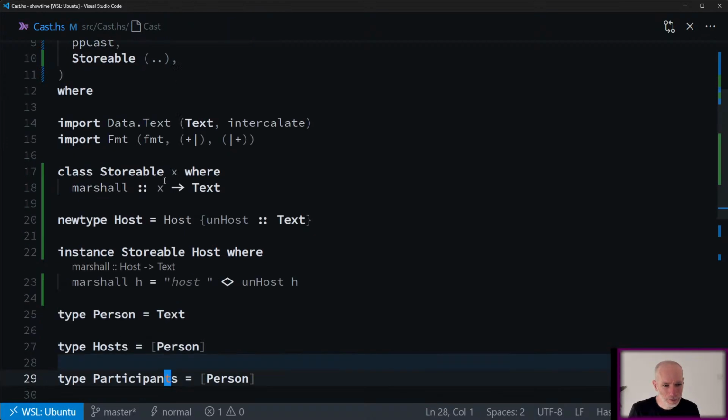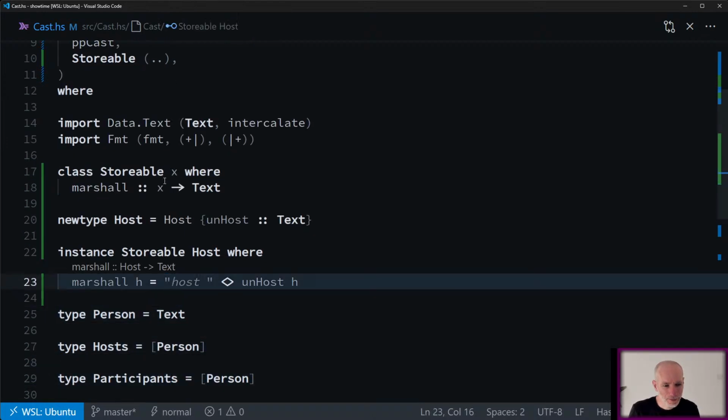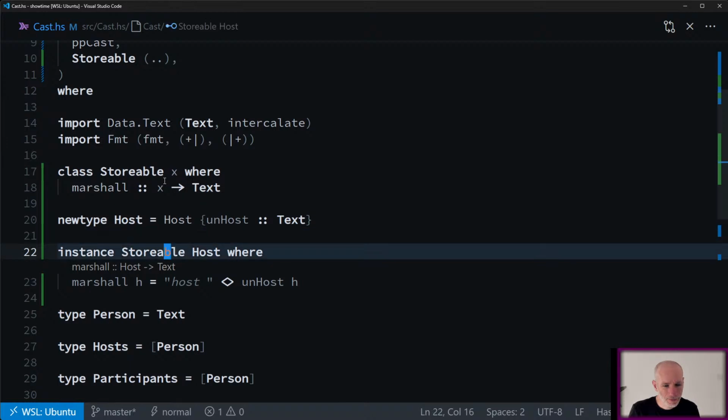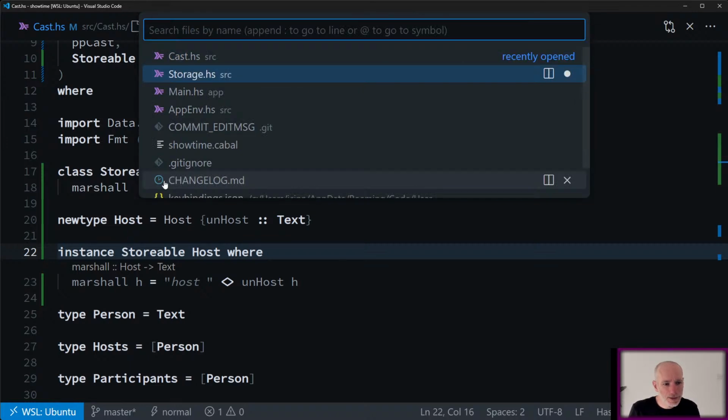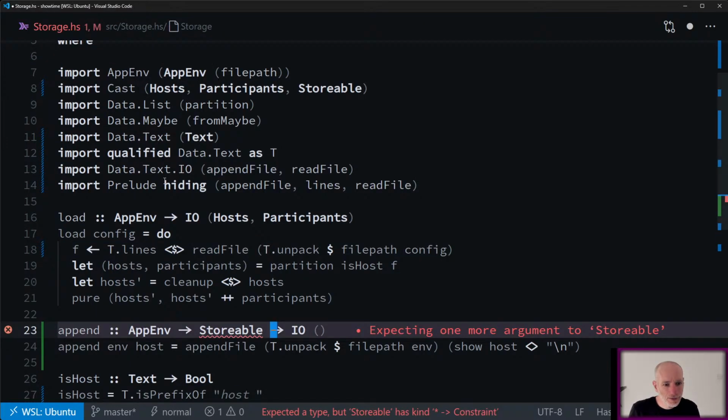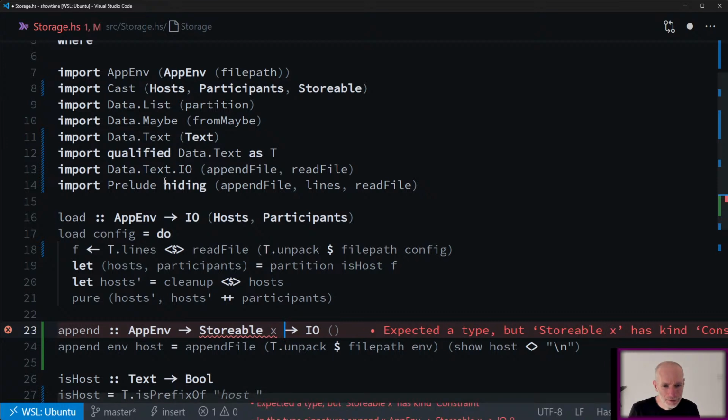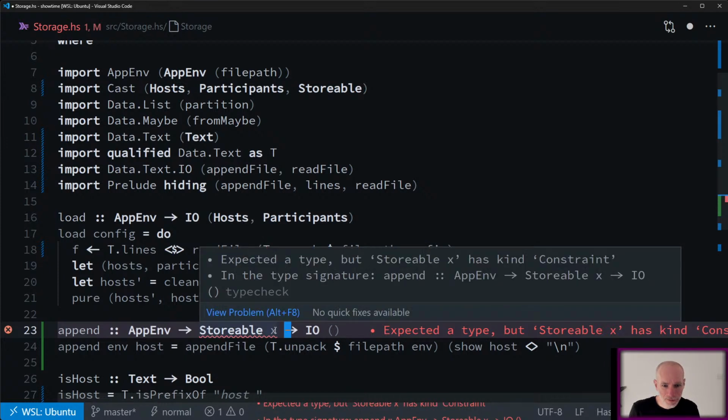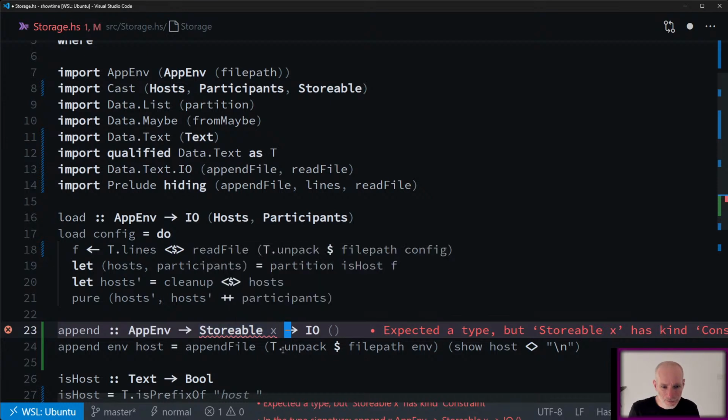Yeah, the whole point about this is it's supposed to take any arguments, Storable X, X is type. Constraint.